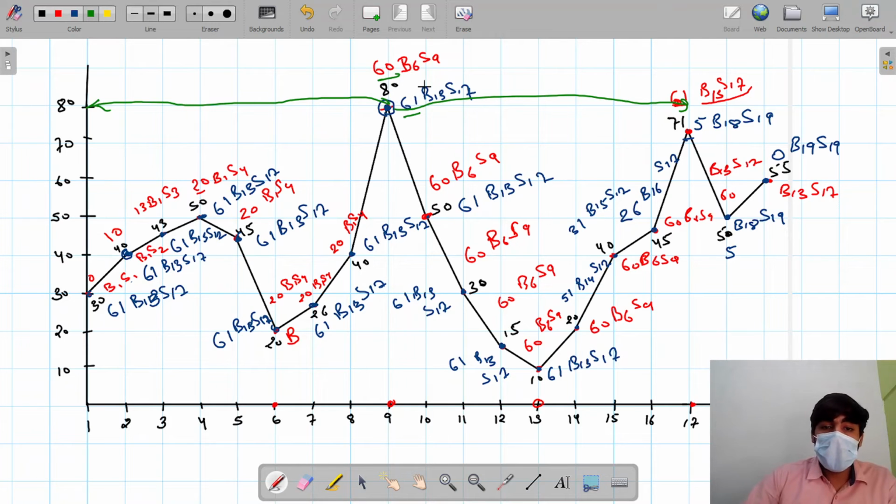And that profit is not maximum for that day only. This is for all days. Like see here, for each and every one we find out the maximum profit. Here you can see 60 and 61. If we buy today, sell in future, we get profit of 61, which is the max profit of future, not for that day, because we have a condition: if today's maximum profit is greater than the profit which comes from the future, we take it as it is, otherwise we replace it with the profit which is coming from the future.